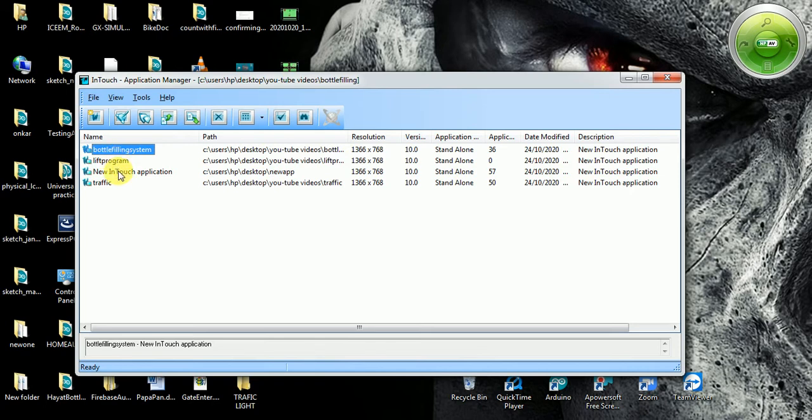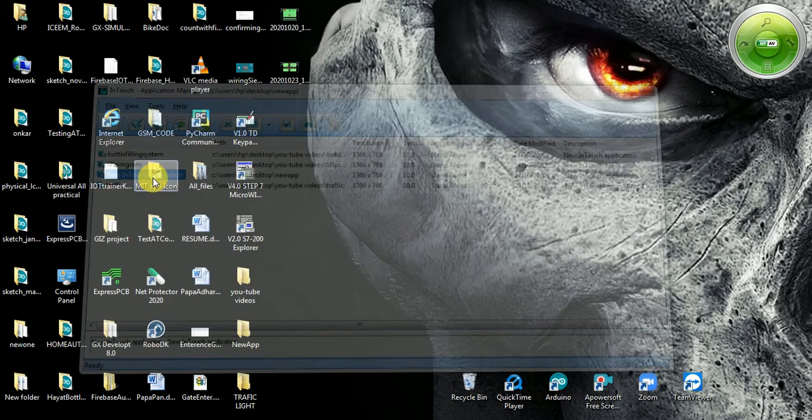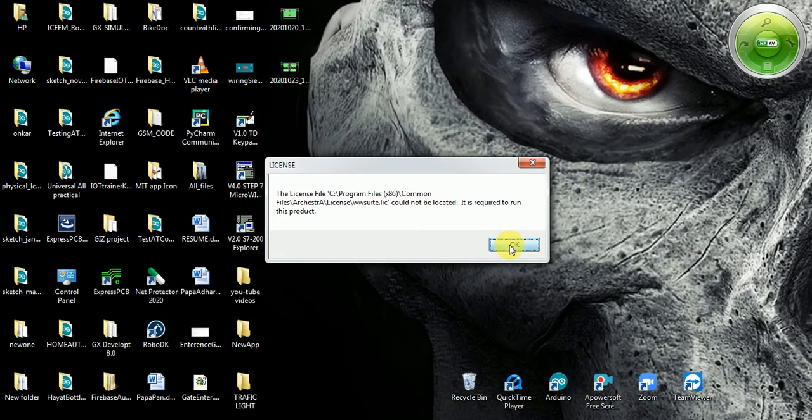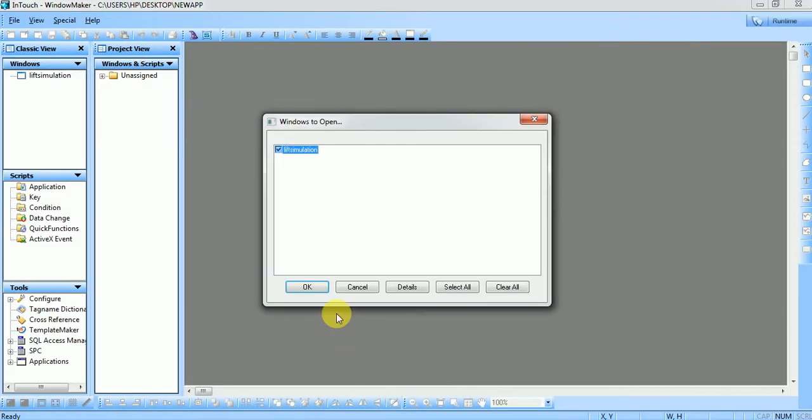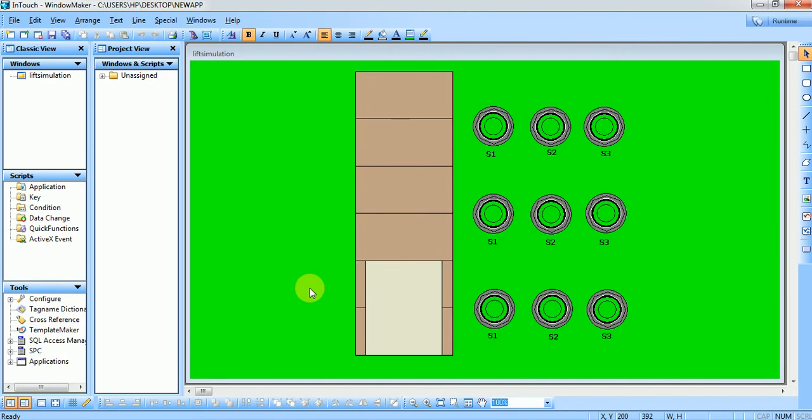This program is not the correct one, so I have saved that project with the name of new InTouch application. Just press enter, and again it will ask the same question, so click okay, ignore, and you can see it is initializing DDL objects. So let it get started. Whatever steps I have told you previously, just follow the same.